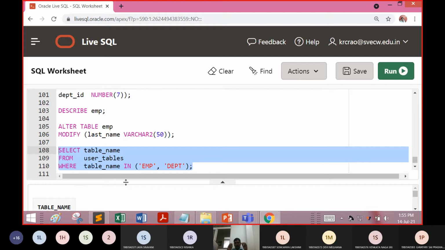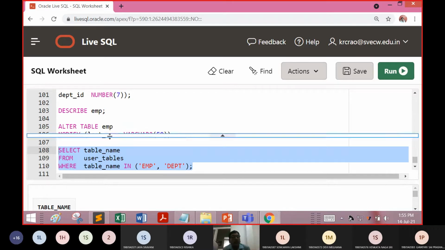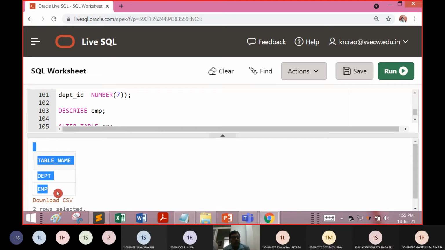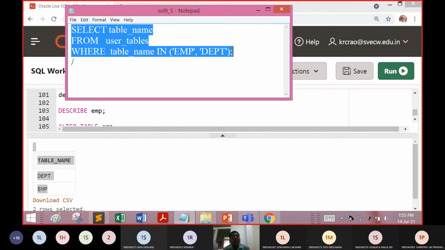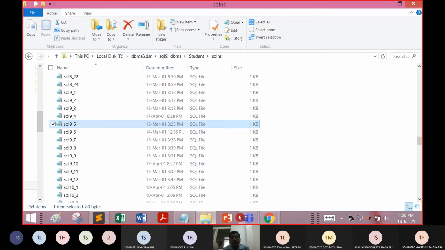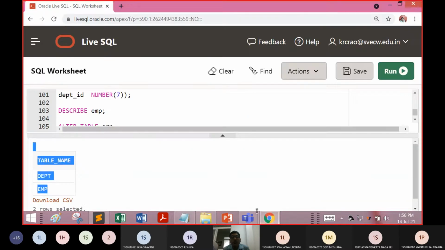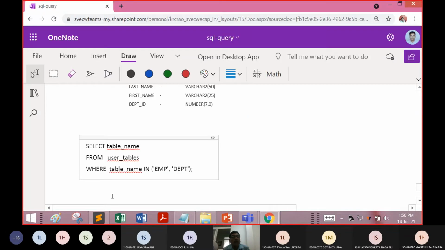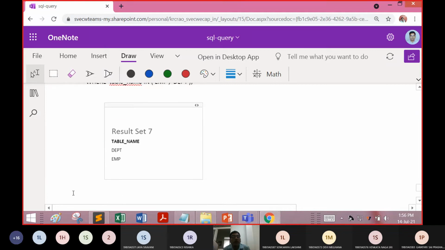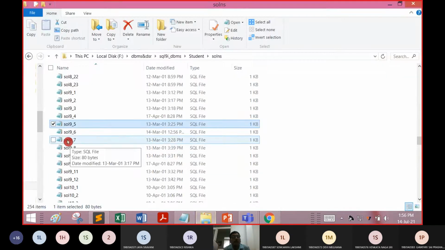In order to do that check, we say select table underscore name from user underscore tables. What it is going to indicate is whether the databases we have created are available or not. When this type of complex query is given, we shouldn't be confused by table underscore name. It is a new word to us, but it is not like that. Whatever database tables are created, all those are invoked by default.